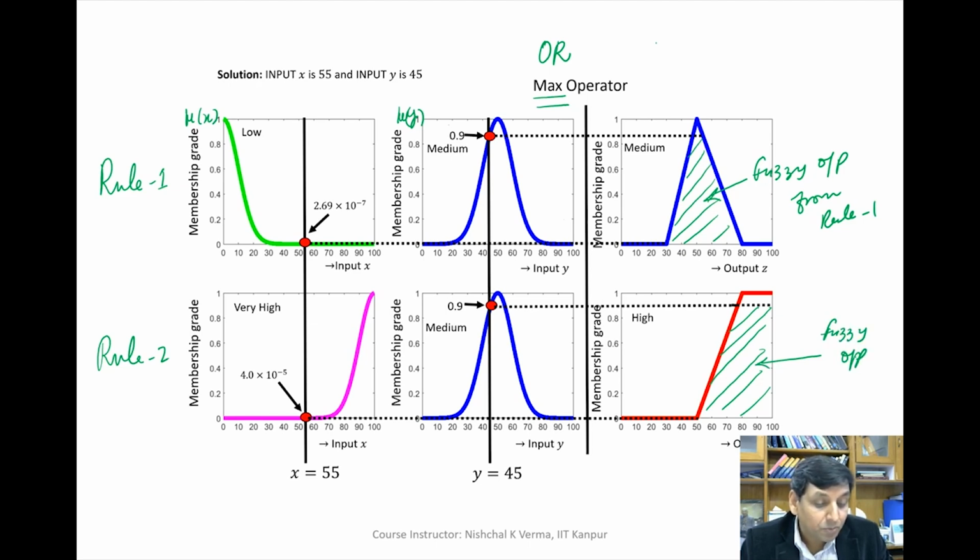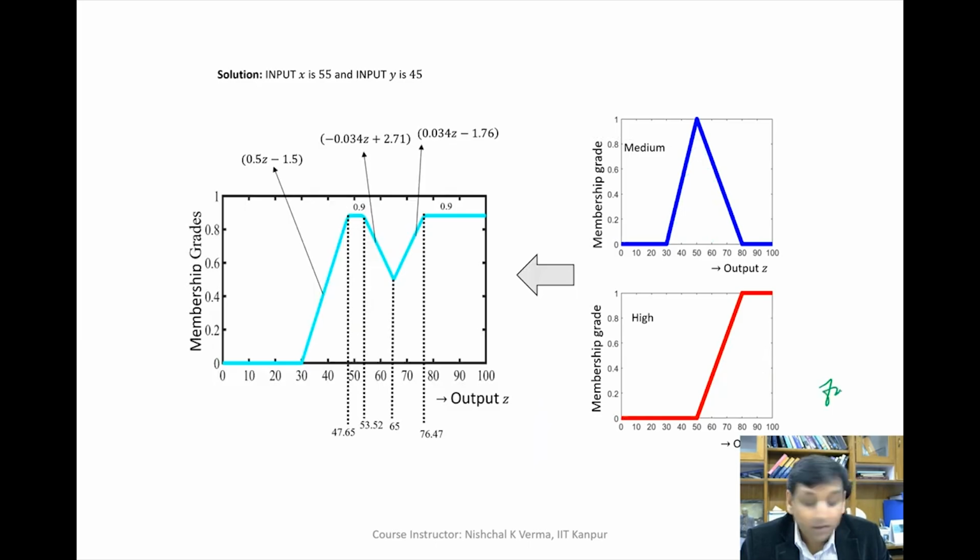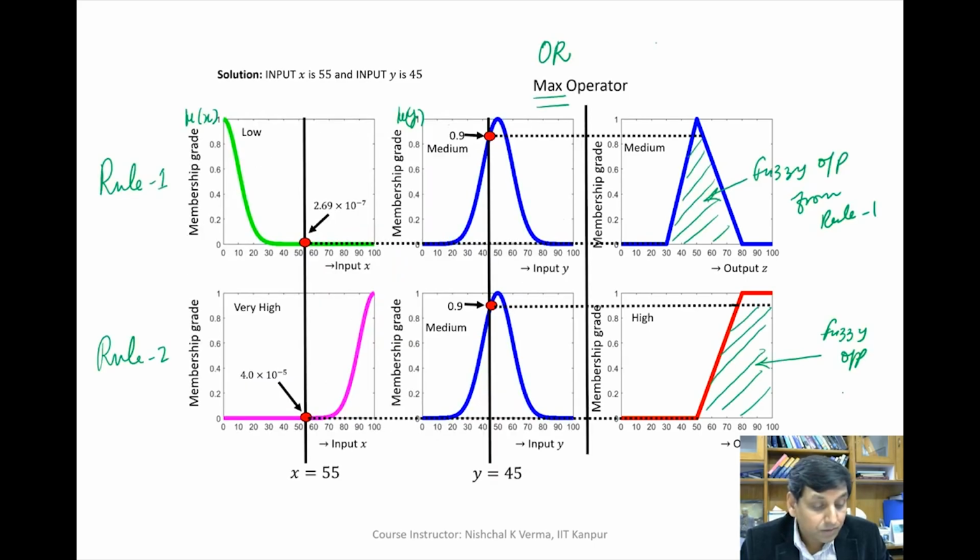And this fuzzy output is coming out of the fuzzy rule 2. So now since we have the output from both the rules, since only two rules are applicable here,